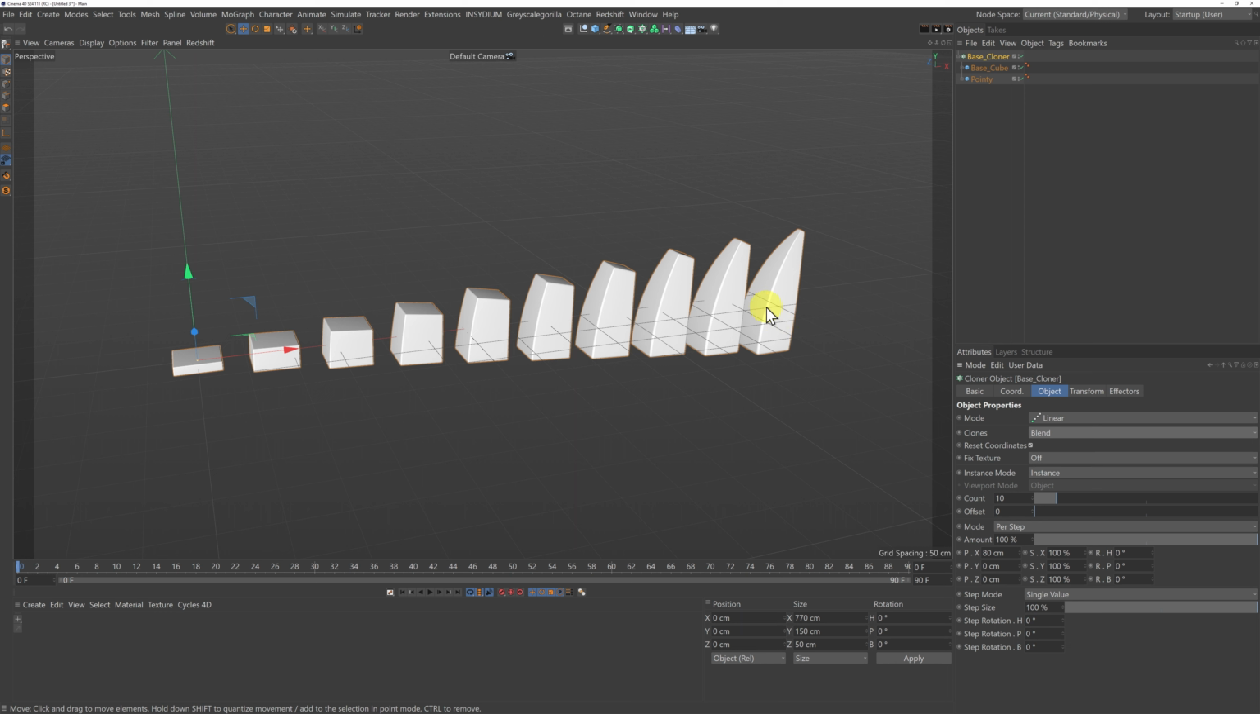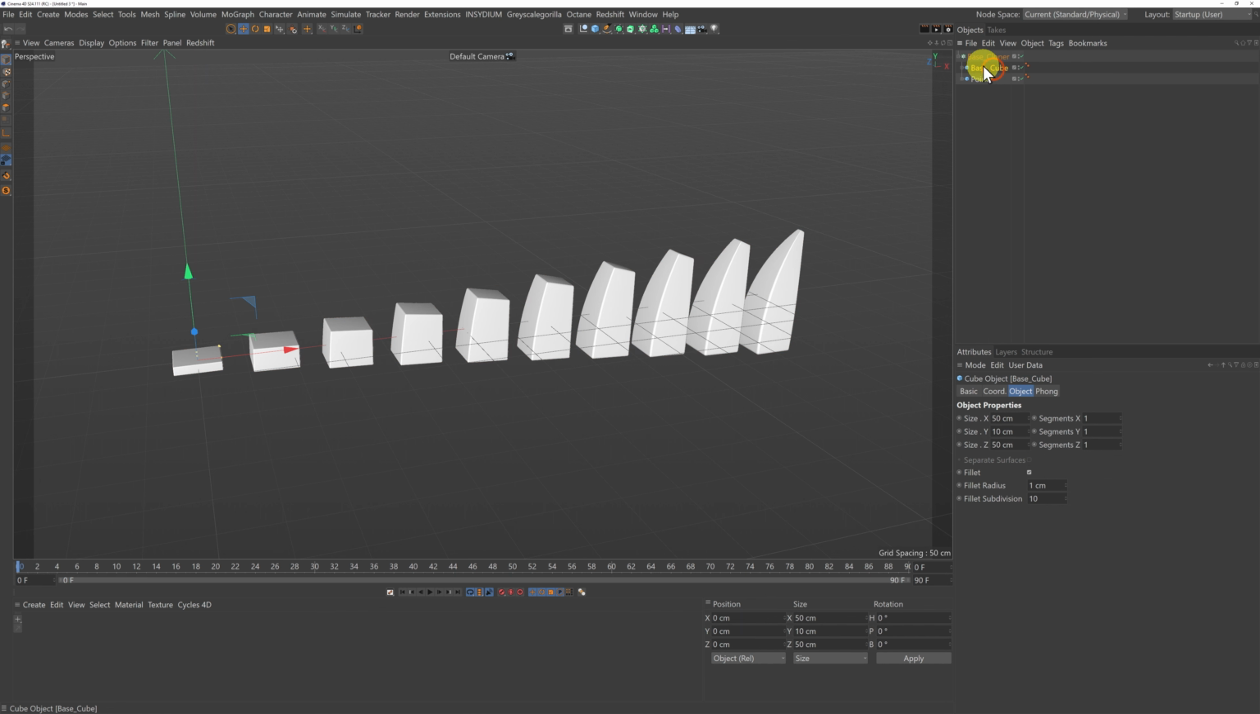Okay, so I want these to be sitting on the XZ plane, and if I come into one of these here, the base cube, I know my base cube is 10 centimeters tall, and I just want to raise this up by 5 centimeters. And if I try doing that, it's not going to work, because outside of the clone in the other world, this is now moved up 5 centimeters. In the clone world, it's not working. So what we need to do is trick the cloner